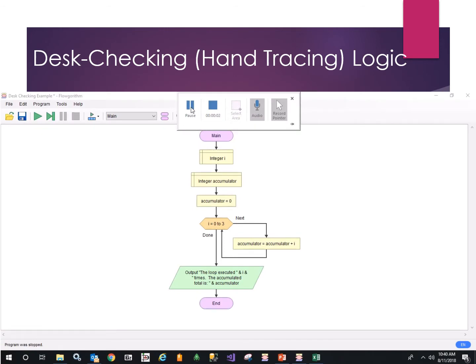Let's explore a classic troubleshooting and design technique known as desk checking. Desk checking is also known as hand tracing because in the classic use of it, in the early days, we had computers that didn't have nice tools like interactive debuggers, and also a lot of times we were on shared time systems, and you may have had limited access to, or maybe it was very expensive to run the computer, and so we